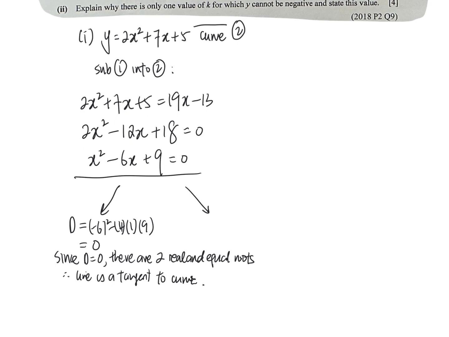The other way is just solve it. So if you go and factorize it, you realize you get this. Or if you don't like this, you can write like this. And then you realize you have one solution only. So since there is only one point of intersection,